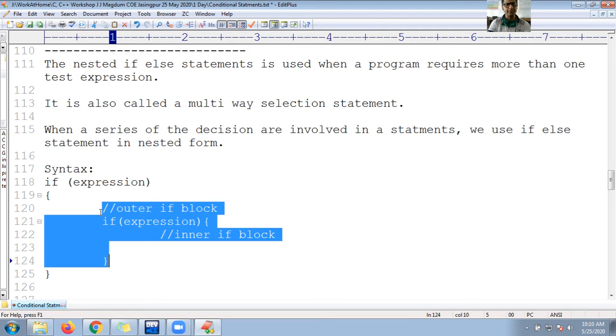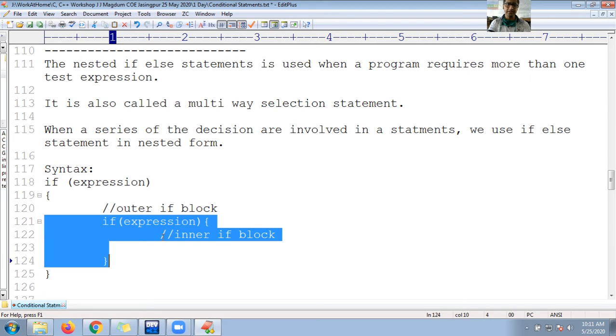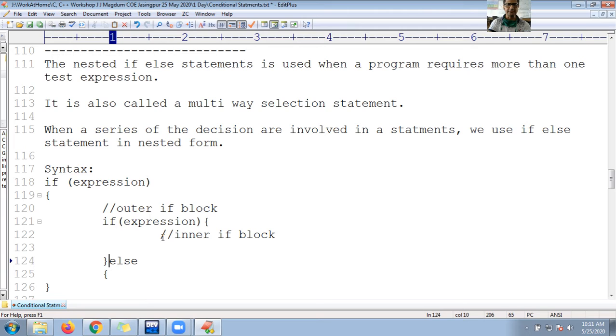Okay, boss. There might be a question in your mind: sir, can we write if-else in this outer if? Yes, you can write. So there you can use if-else. This is the else block, here the else block, and here the else block closes.